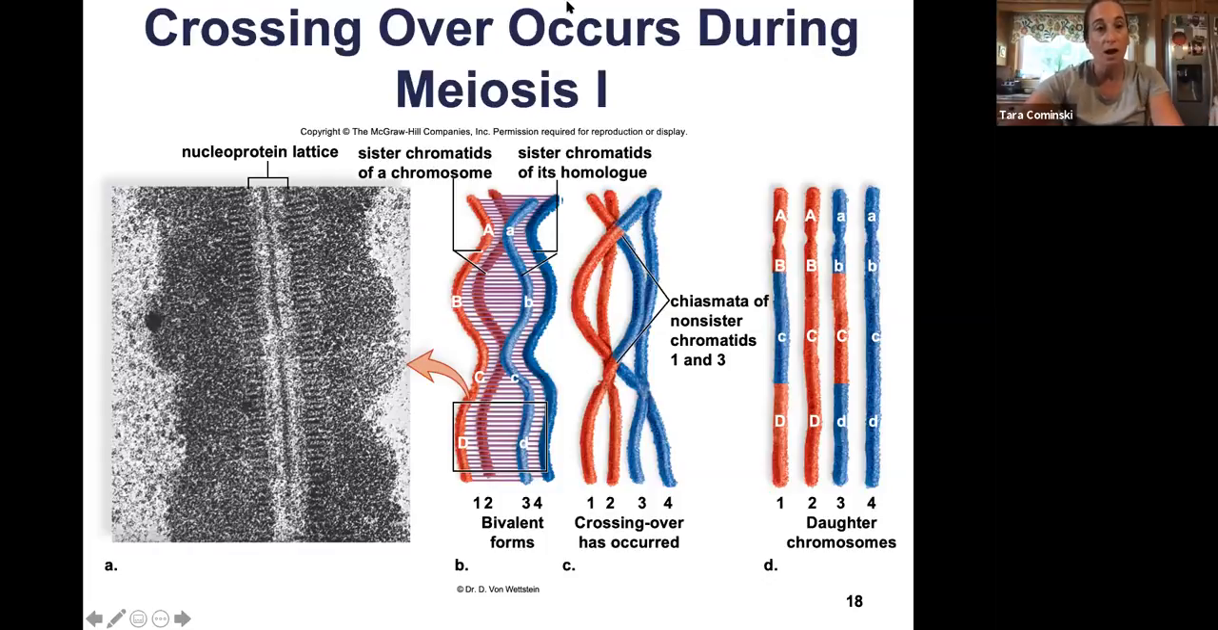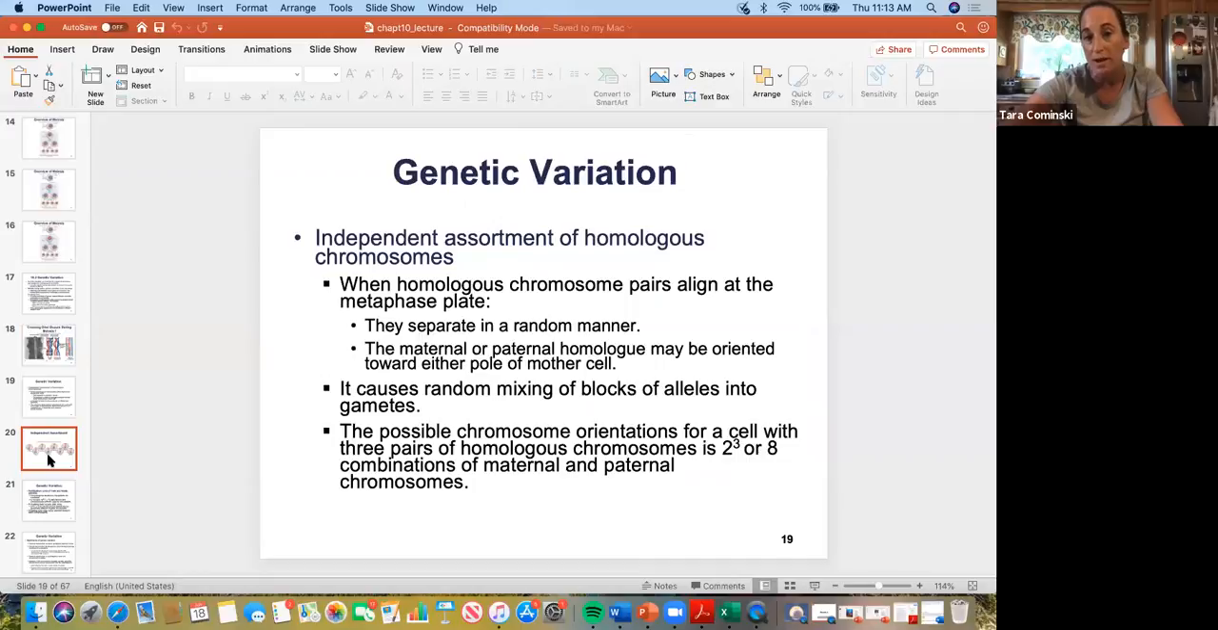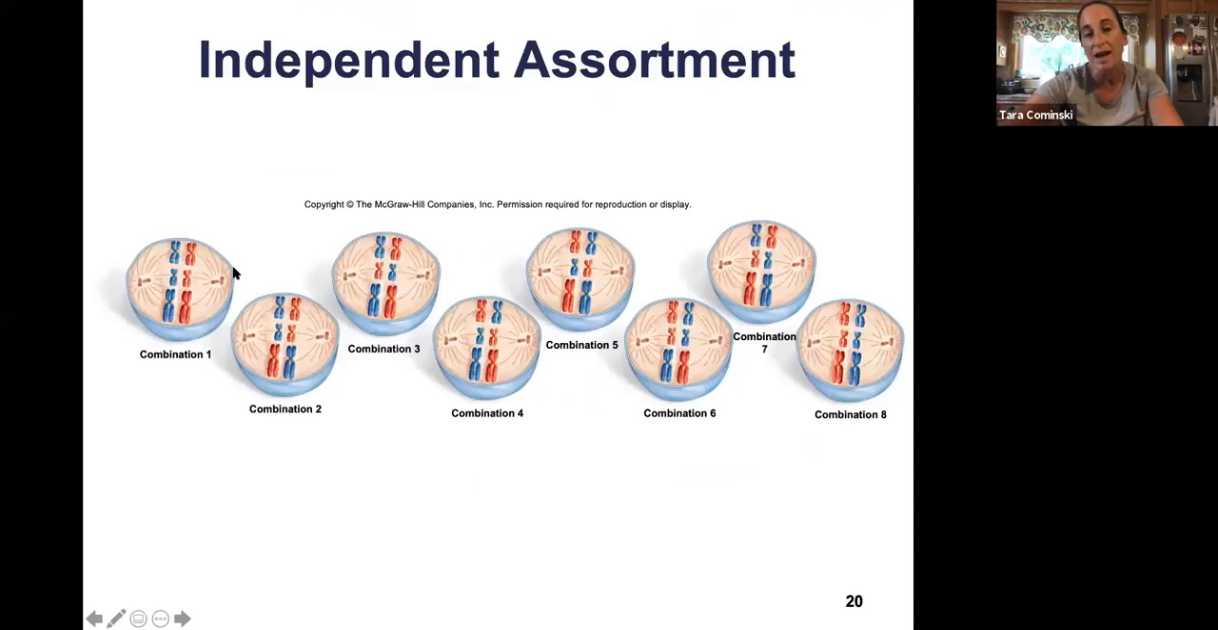Now the other process that increases genetic variation is independent assortment. And all this means is that depending on how the homologous pairs line up during metaphase 1, they're then going to go to those corresponding daughter cells during meiosis 1. Okay, so that's all that means. And again, remember, this is simplifying it, and it's only showing you 3 pairs of chromosomes, right? In humans, we have 23 pairs of chromosomes, right? So this is only showing you 3, but it's illustrating the point where you can have all these different